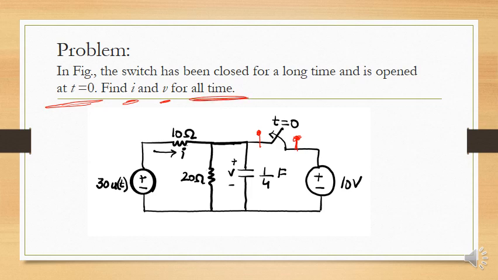What does all times mean? t less than 0, t greater than 0, t equal to 0. For all times, you have to make sure that you find out all the requirements of the circuit. All time means you have to fulfill the requirement for t less than 0, for t greater than 0, and for t equal to 0 as per given formulas.